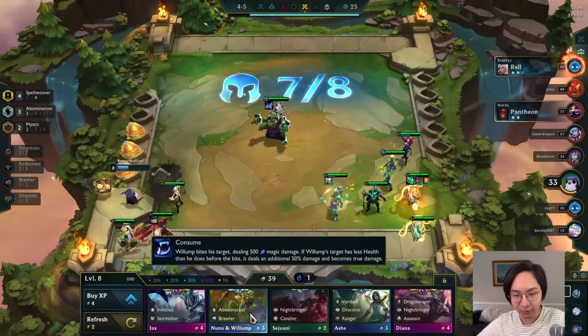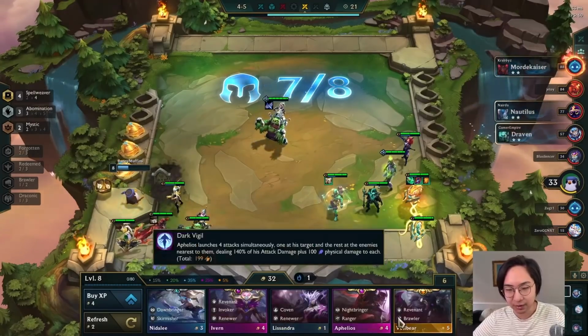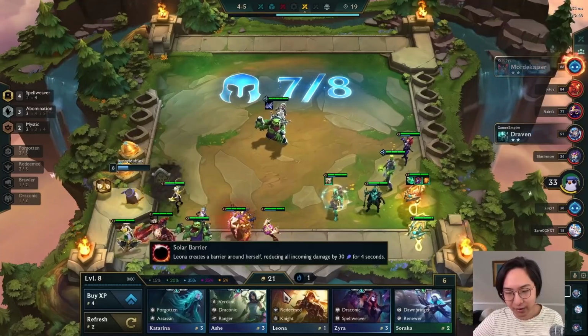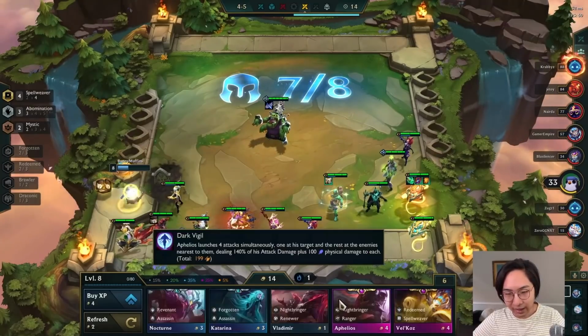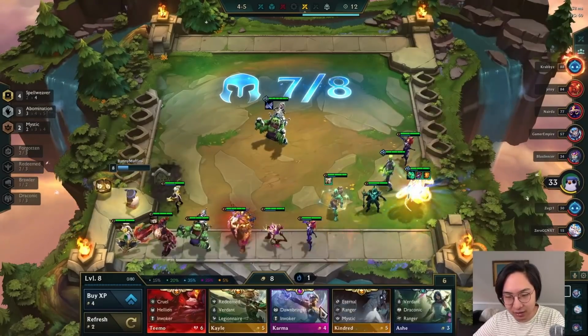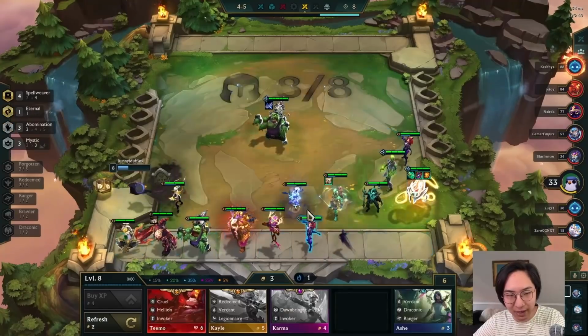Warmogs is a really good item for Garen, so if I do end up getting him, I'm going to just slap that on him. Garen's great because he reduces magic resistance of everyone. But let's do a roll down here. We are level 8 right now, and I have a pair of Vel'Kozes. There's the Vel'Koz 2-star, and I think it's at this point where we could drop in an extra Mystic and